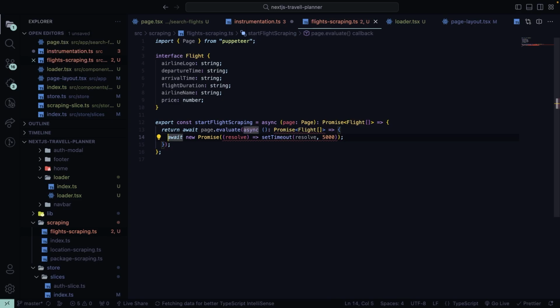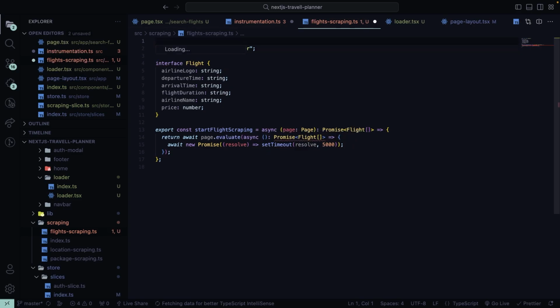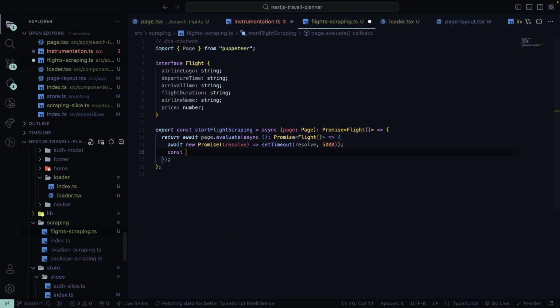So we don't want to do anything for 5000 seconds. So that's for that. And what I want to do is I'm going to write ts-nocheck for this file. And now inside of this, after this, we'll have const flights as flight array, and initially this is going to be an empty array. And now first let's return the flights, and now I want to head over to Kayak and show you the booking. So let's head over to Kayak